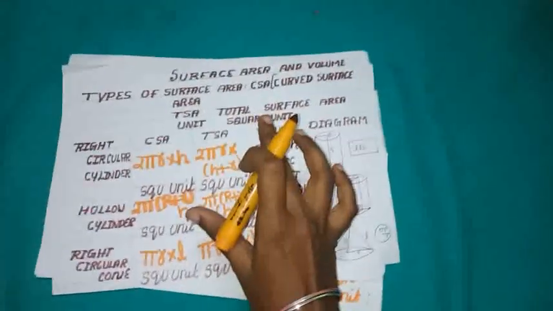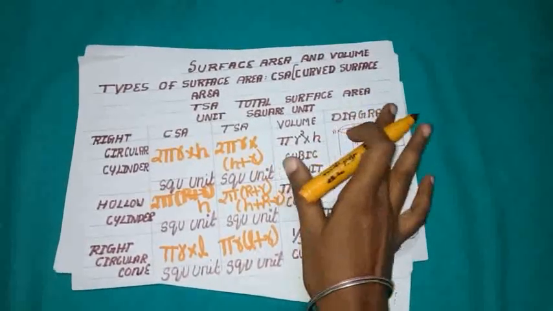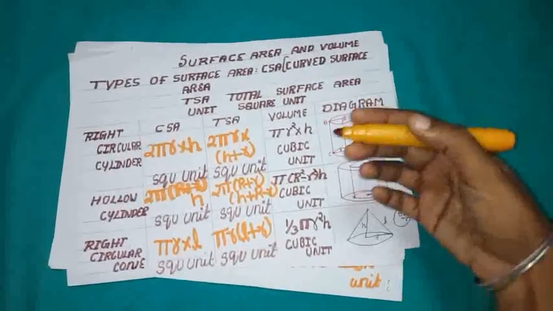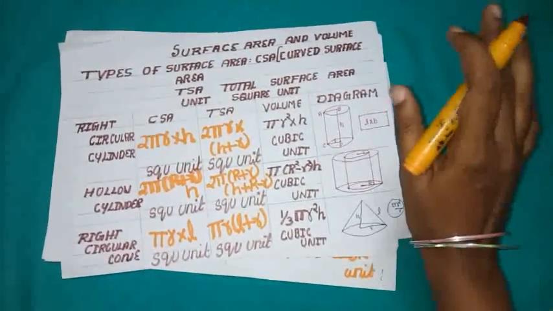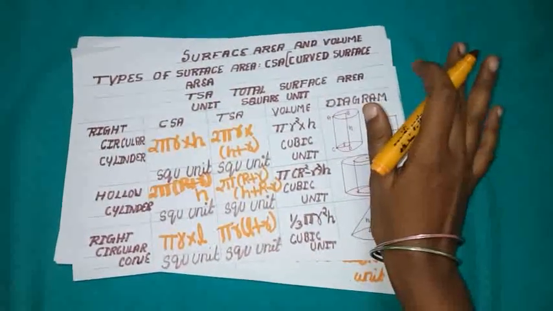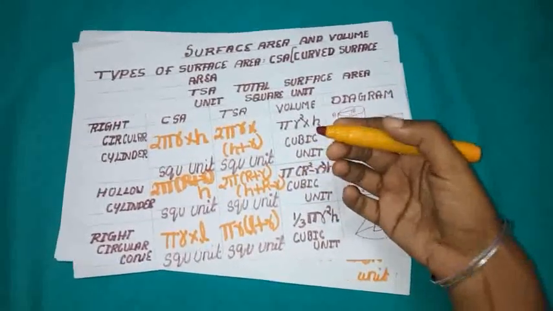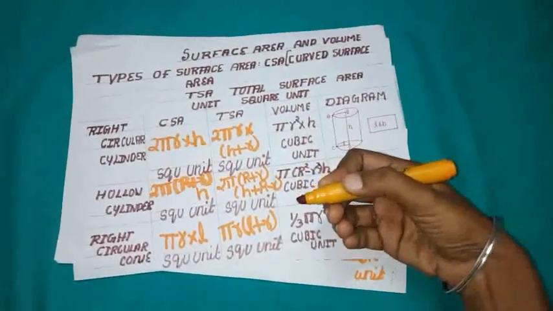Now the benefit of the tricks to recall surface area and volume formulas is that we can easily recollect 10 to 20 formulas, even 30 to 40 formulas at a time. It is easy to remember, and we will never forget it in our lifetime. And it is easy to calculate and do the sums. 10th students, it is very useful for you, so please note this.